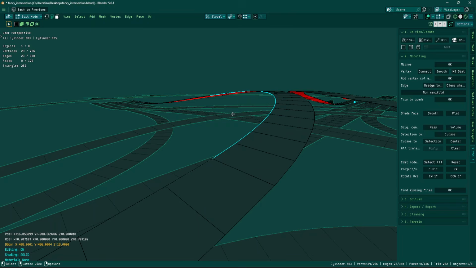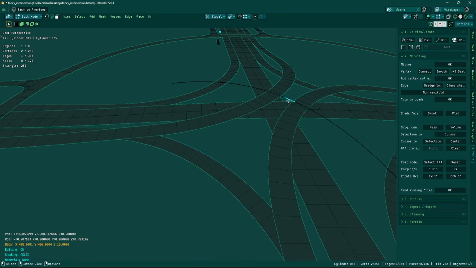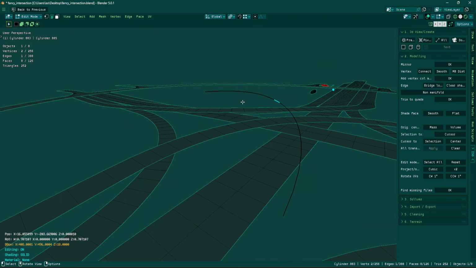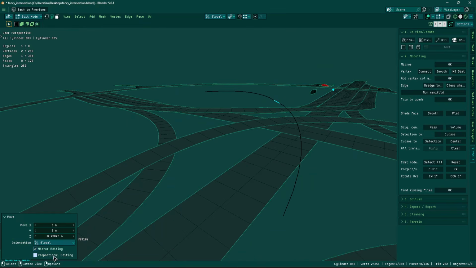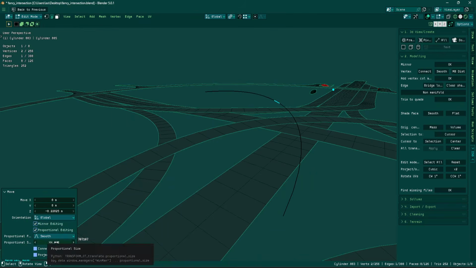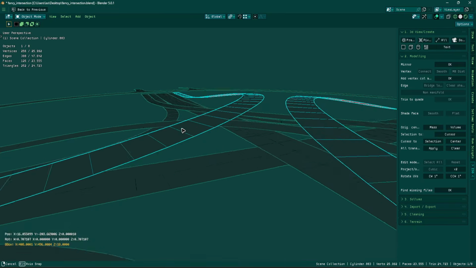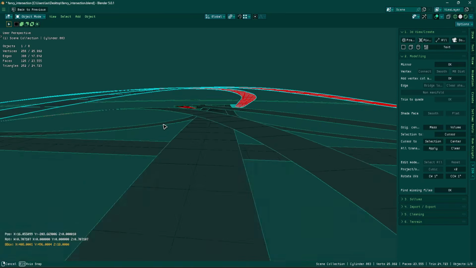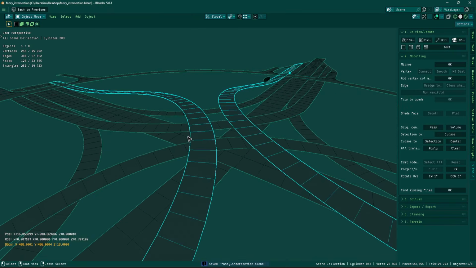Move it down a little bit, maybe hide unselected, and then select the top, and then G, Z, move it down, just like half a meter, and then still use proportional, so the slope is smooth, right? I'm gonna go 30, and you got a little bit of a slope in, which is visible. So this is how you do it,